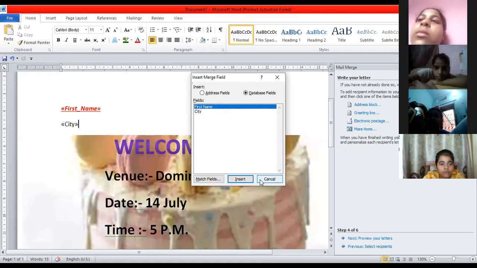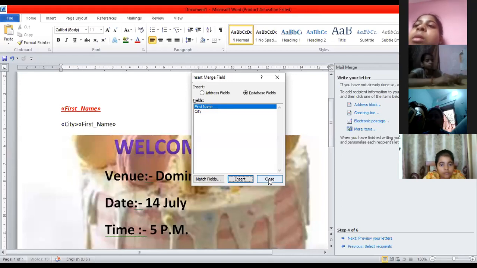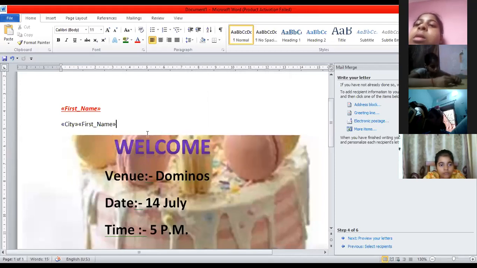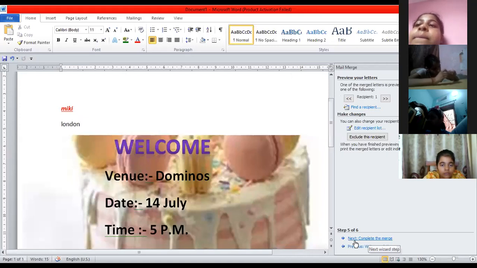Yes, ma'am. And then when it is inserted, suppose I'm inserting first name and click on close. If I don't want this, after inserting I can also edit. Okay. And then go to the next 5th step to preview.